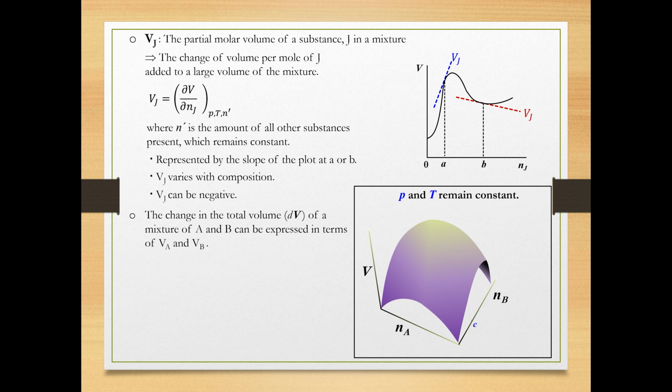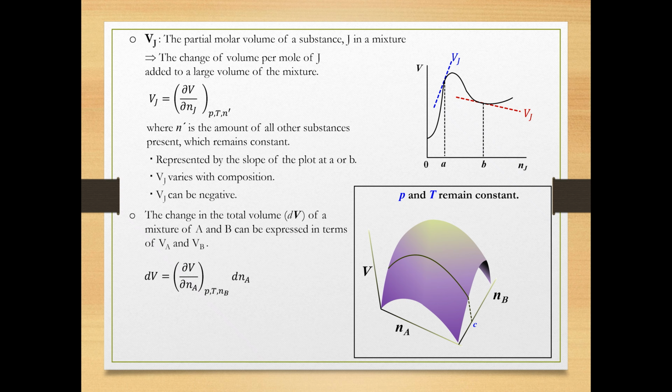Imagine that we stand at a particular point on the surface and then move along the surface in the n sub A direction while keeping n sub B fixed at C. We are effectively taking a cross-section of the three-dimensional surface. This means that at a fixed amount of component B, the total volume changes as the amount of A changes. The slope of the tangent line at any point on this curve represents the partial molar volume of A. The change in the total volume can be written as shown here under conditions of constant pressure, temperature, and the